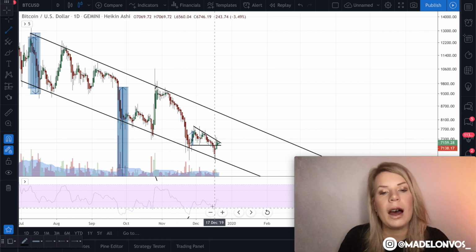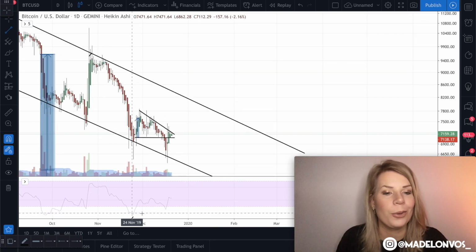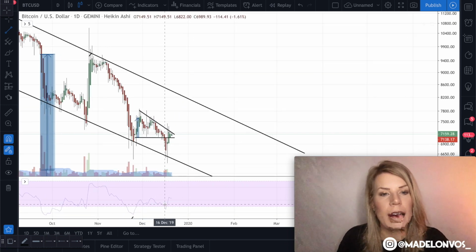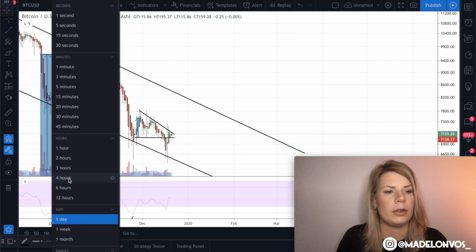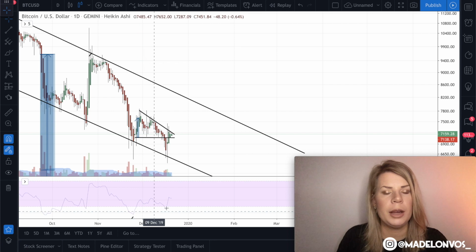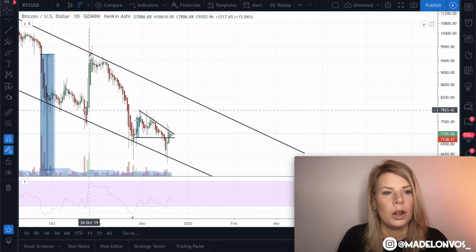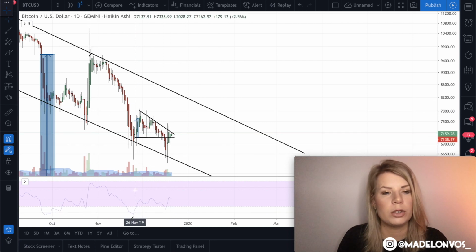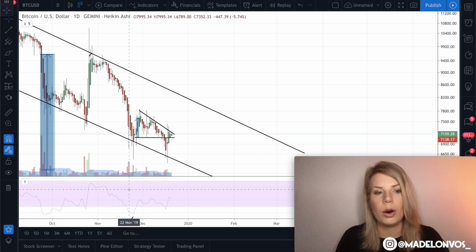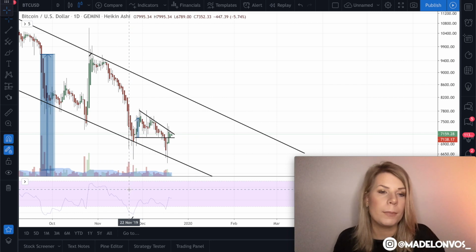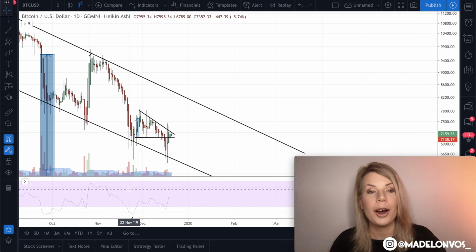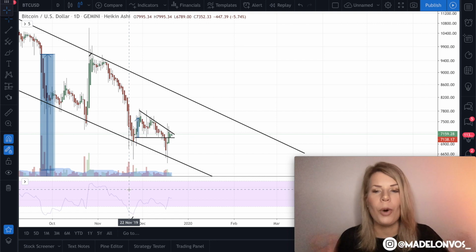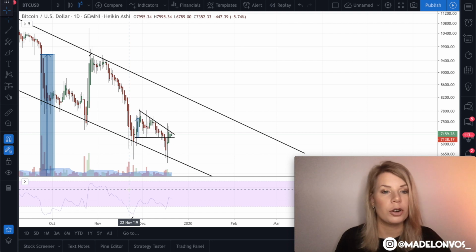And here we already had positive divergence again. And still we are in this triangle, which is a bit strange, but I'm going to dive deeper into this. But keep this in mind, this was a new buy signal. So we have had 3 buy signals and we didn't have any sell signals. I always buy in tranches, or batches, I don't know how you call it in English, but make sure to never buy in one go, and always divide your positions.